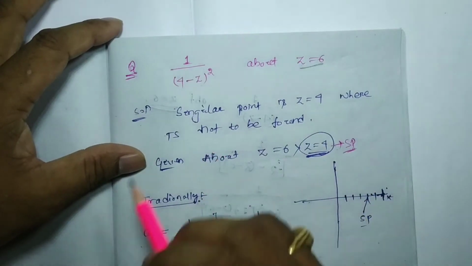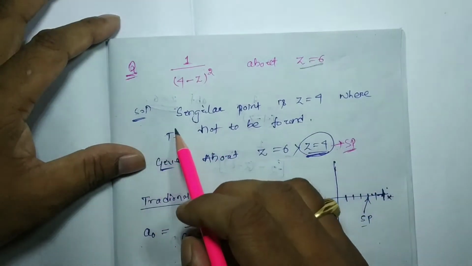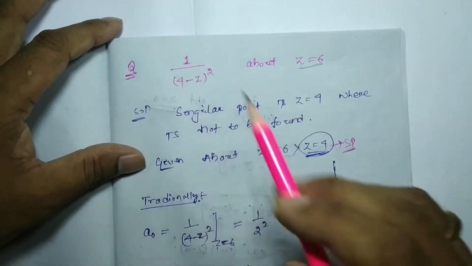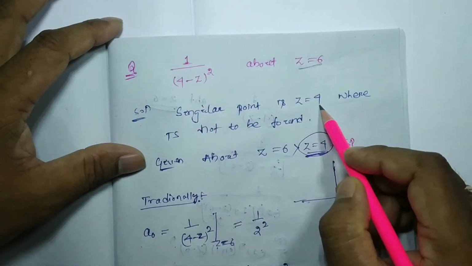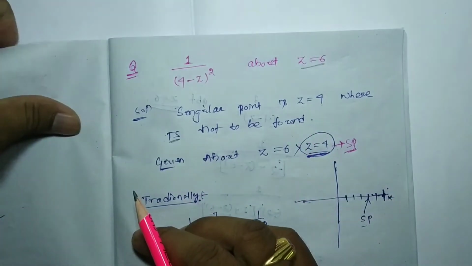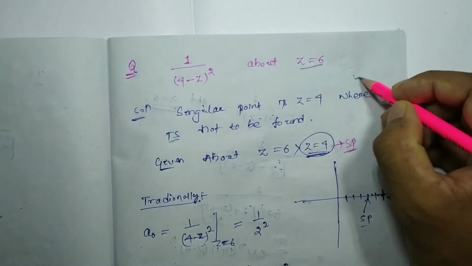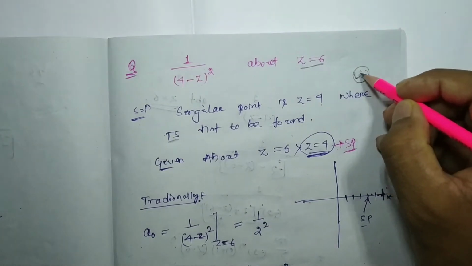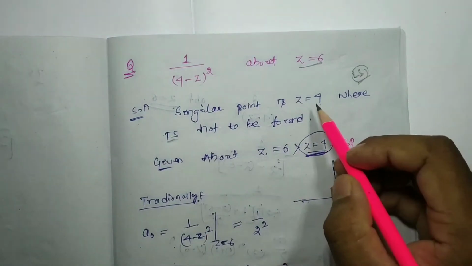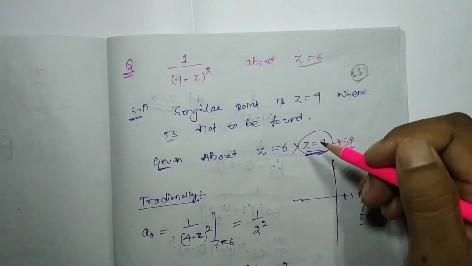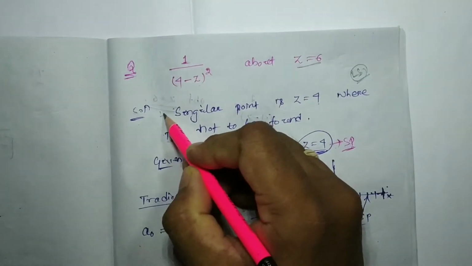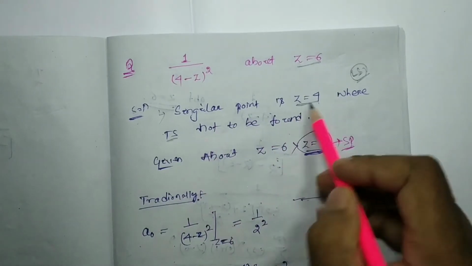First of all, we learned in our last class that at a singular point, if this will be our function, then the singular point will be z equal to 4, where the Taylor series is not to be found. So about a singular point, the Laurent series is going to be useful. By using the Laurent series we can find the series about the singular point, whatever we are going to discuss in our next class. So the first point here is that about a singular point the Taylor series is not to be found.